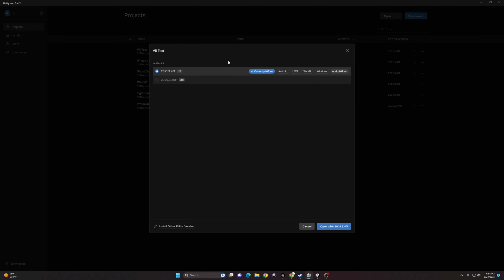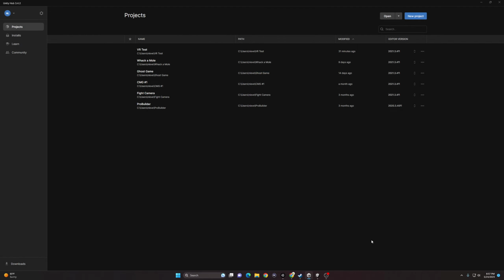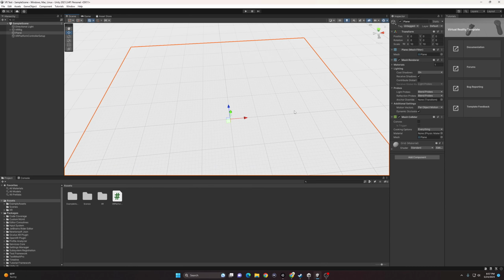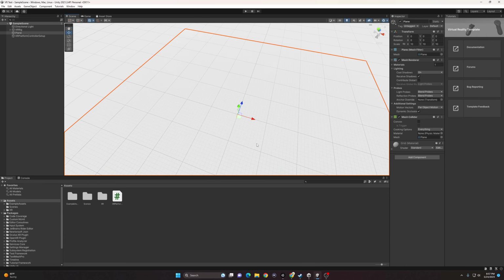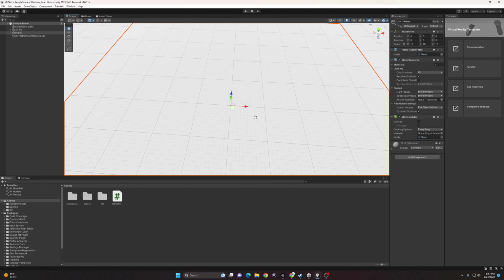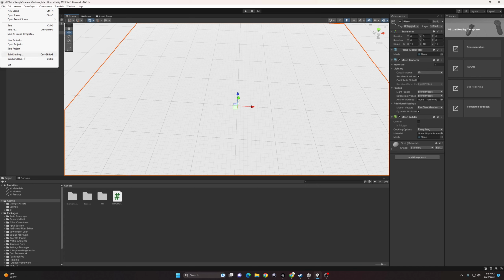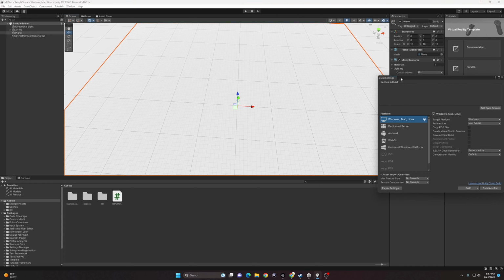We're going to click down on here, making sure that we do have this Android. We could select that, but we're not going to. And then we're going to hit that open button, but I already have the project open. Now, what we're going to do next is set our project up for building. So, we're going to go to File, Build Settings, and then